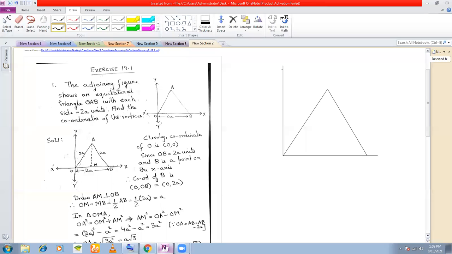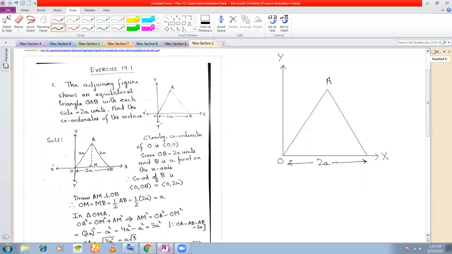Now, which quadrant is given to you here? The first quadrant. Only the first quadrant is given to you here. Here you will have the second quadrant, here the third quadrant, and here the fourth quadrant. But they have shown you only the first quadrant. And what they have given to you is this length, which they have written as 2a. Whatever the value of a is, we don't care.